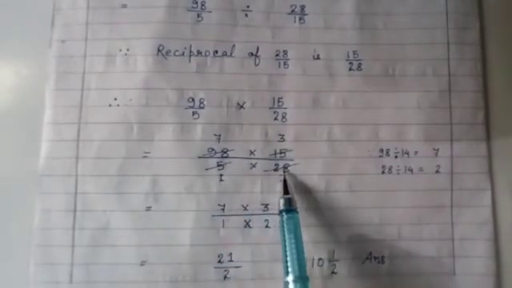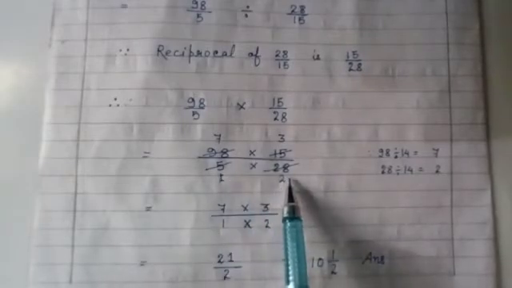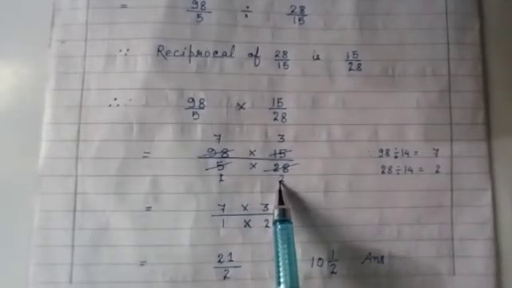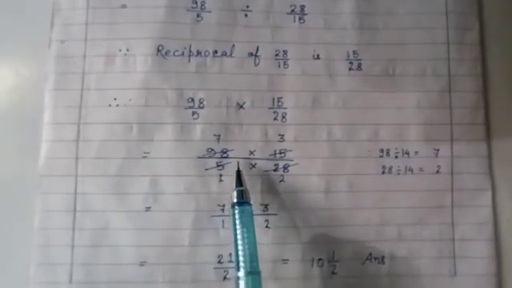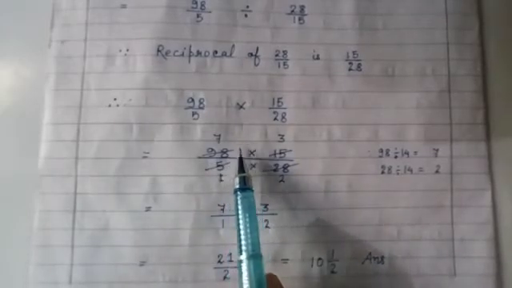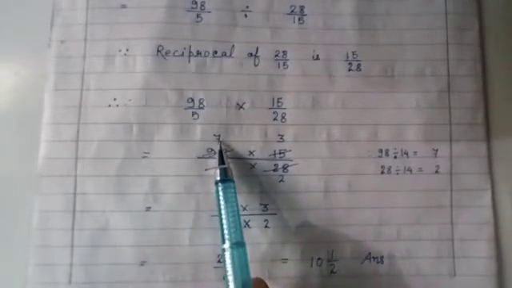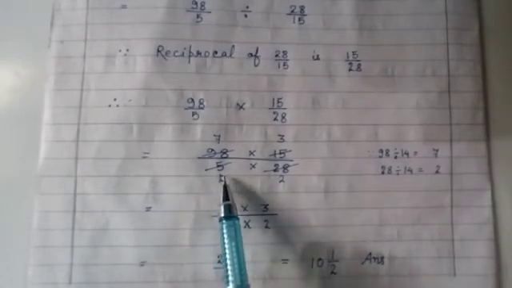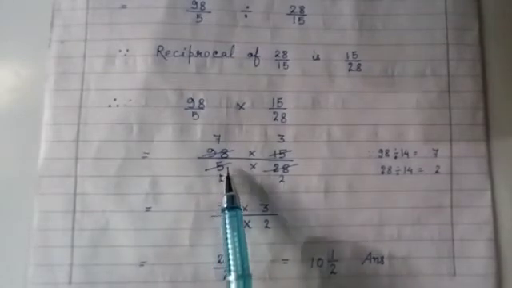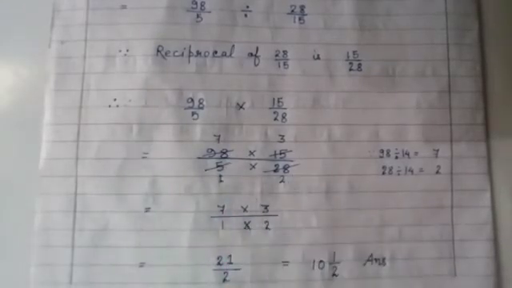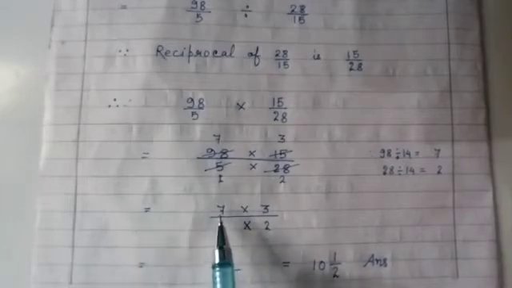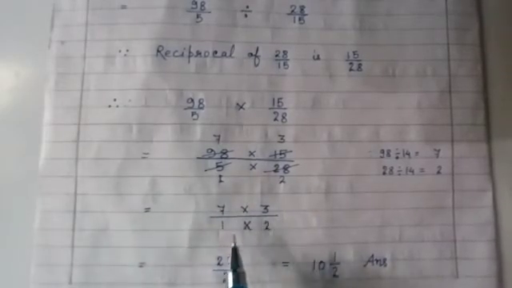And 98 and 28, both of them are divisible by 14. So 14 2 ja 28 and 14 7 ja 98. Okay. So when you show this simplification, you have to cut the original numerator or the denominator by a slanting line. And you have to write the new numerator and the new denominator very clearly, in such a way that the original numerator and original denominator must be visible clearly. After that, you have to conclude the new set of numerator and denominator.